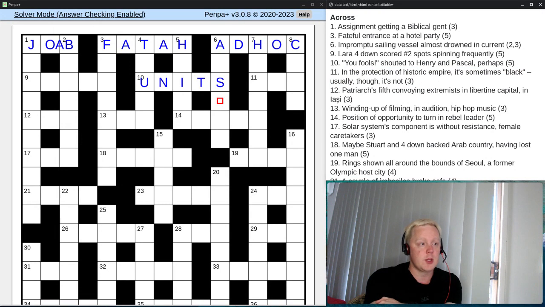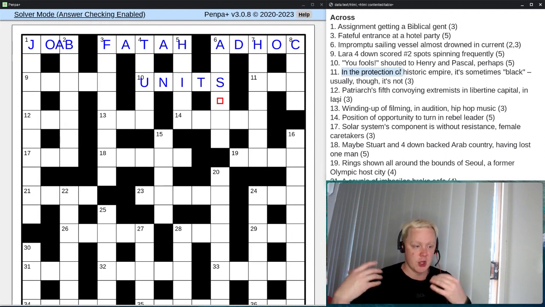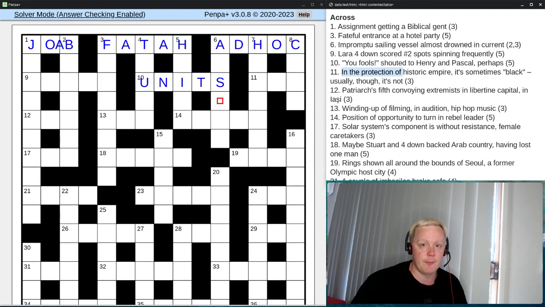Now this one, it's pretty long for 3 letters, and there's a reason why. But in the protection of something would be inside. Long way to say something is inside the other thing. Now, any word meaning inside can indicate 2 things in cryptics. We saw in ad hoc something being surrounded by another thing, but it can also mean a hidden word indicator. And if we look inside the words historic empire, we see I, C, and E,